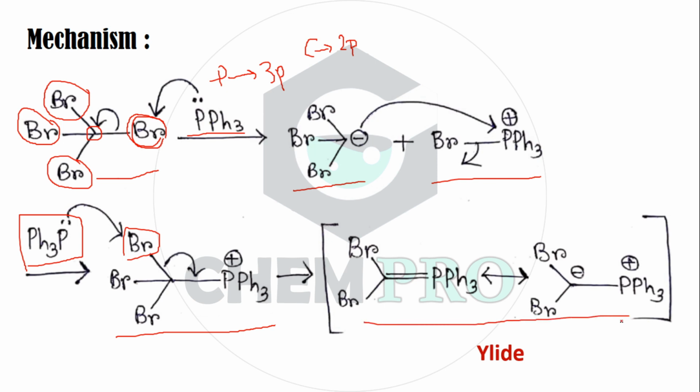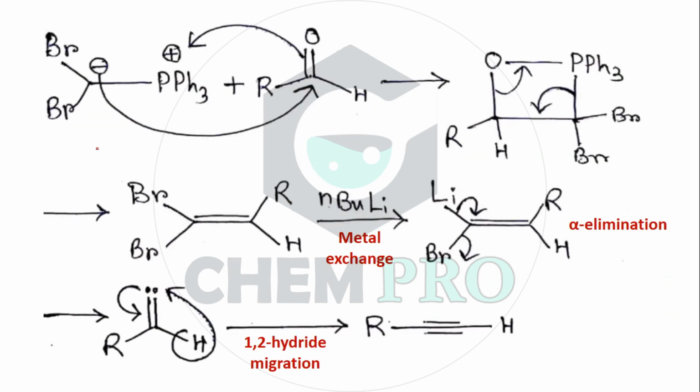Okay, this is a ylide. So this part of the reaction is just like the Wittig reaction. Okay, nothing but like the Wittig reaction, and then this ylide will react with the given aldehyde, okay, and makes a